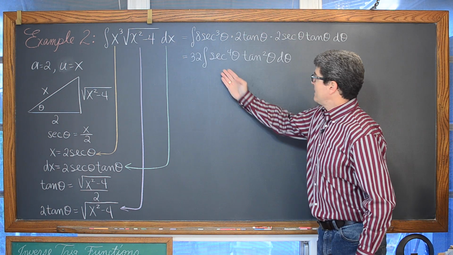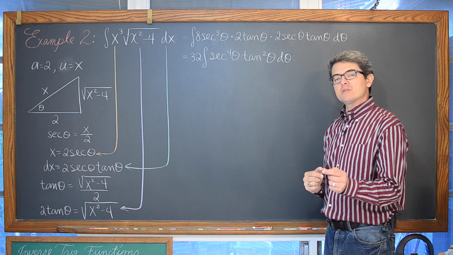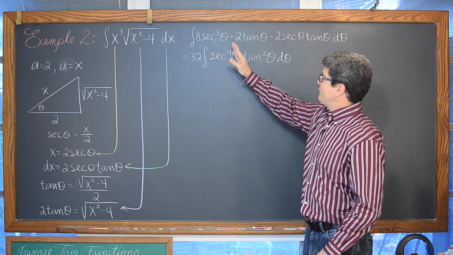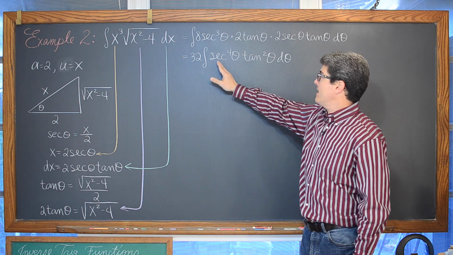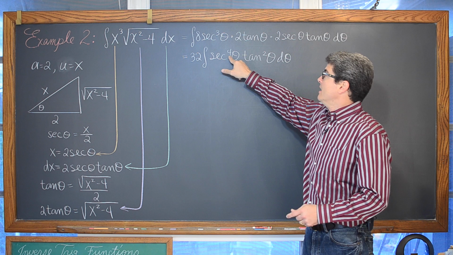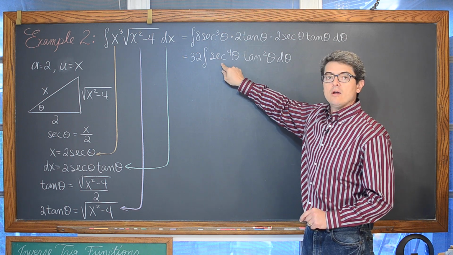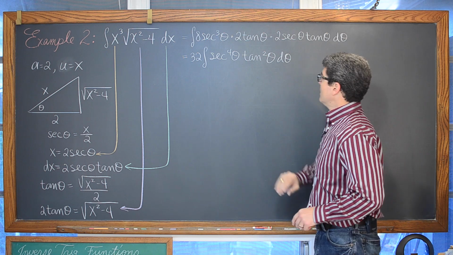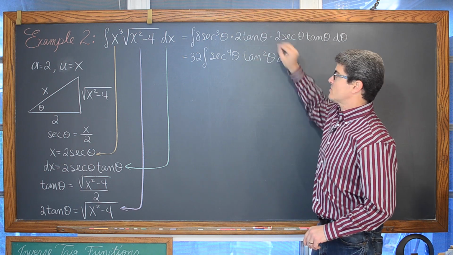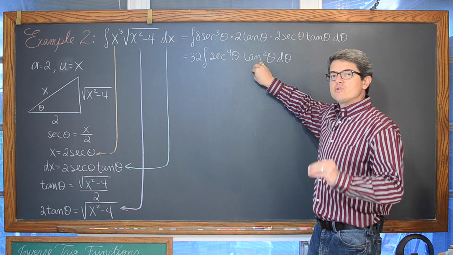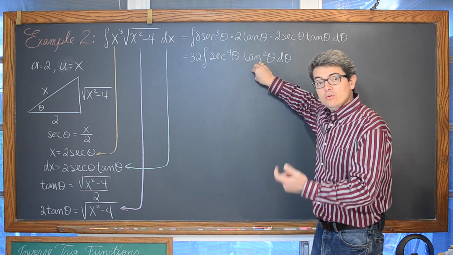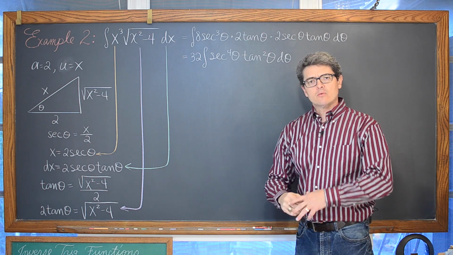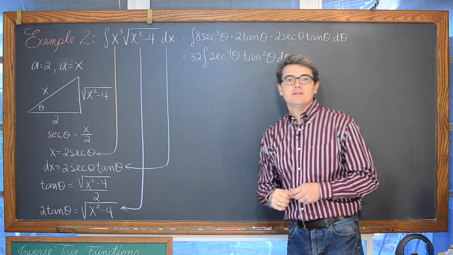Now at this point, when you have an integrand with multiple trig functions in it, you want to remember the tip that we studied with trigonometric integrals: if you have a secant and a tangent, and secant has an even power which is positive, you want to save a secant squared and convert the other secant squared, or secant to the fourth, or secant to the whatever power into tangent. So you're going to have tangent raised to a high power, and that tangent function inside an exponent will be your u, and the derivative of tangent is secant squared, which is why you're saving that secant squared factor and converting everything else over to powers of tangent.